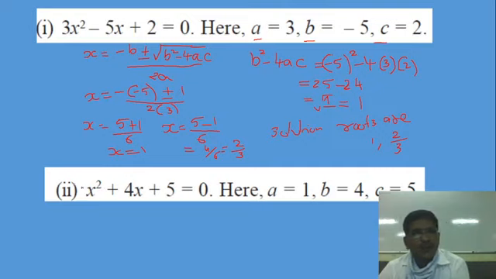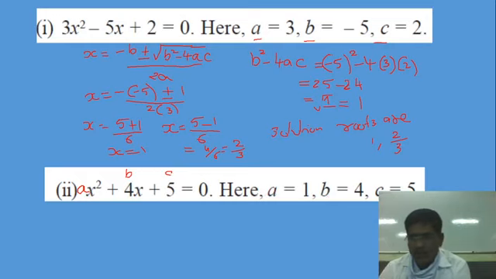So again we are doing this second sum. Again first what we have to write? First a, b and c. Here a, here it is b, here it is c. So the value of a is 1. Someone writing x, that is wrong, because x square is a variable and the coefficient is a.